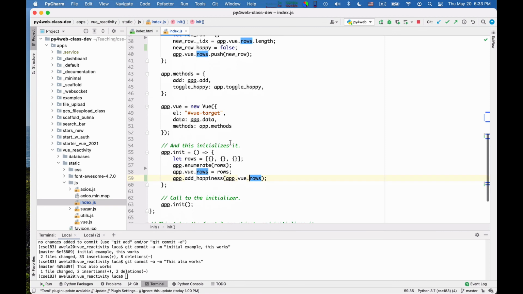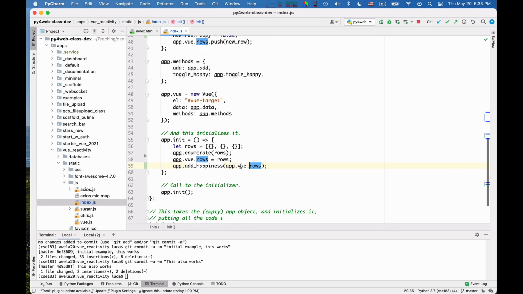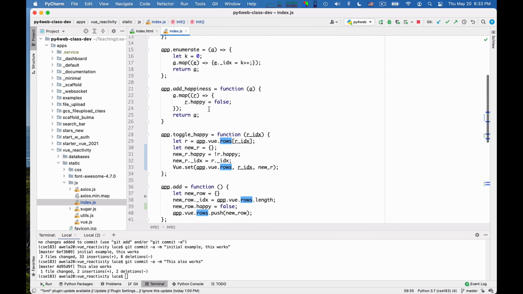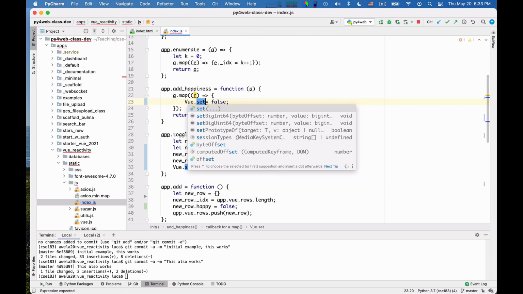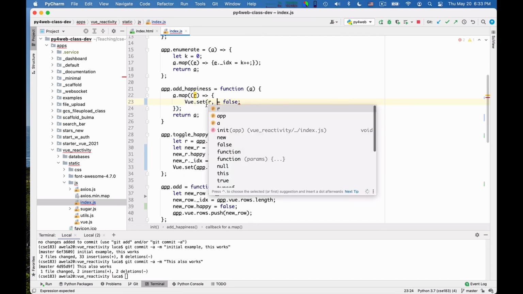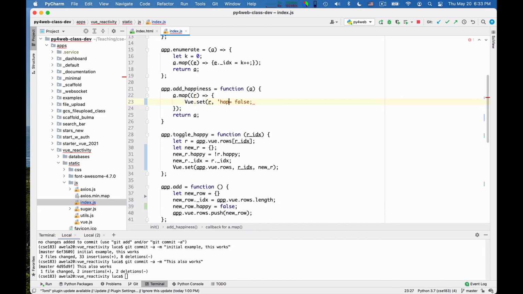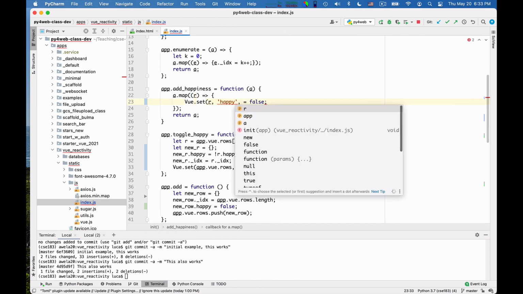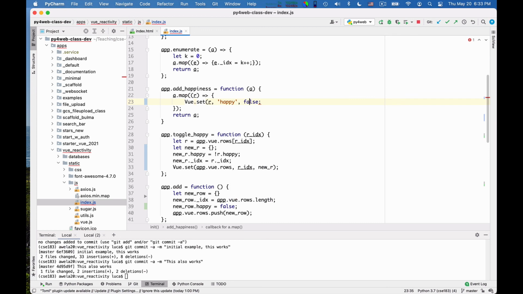But I wanted to tell you that the other way of doing this is that also in add happiness, instead of saying r.happy is equal to false and trust that r.happy either already exists or has not been passed to Vue yet, perhaps a safer way would be to write Vue.set of r, the attribute is going to be called happy, and the new value is going to be false.